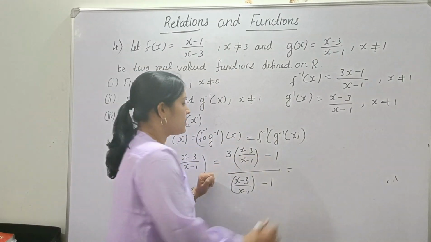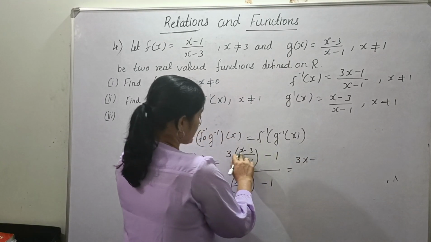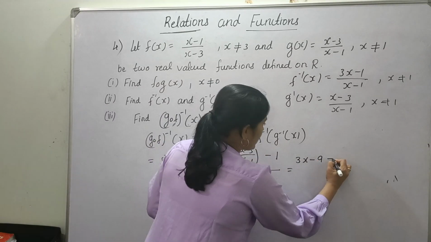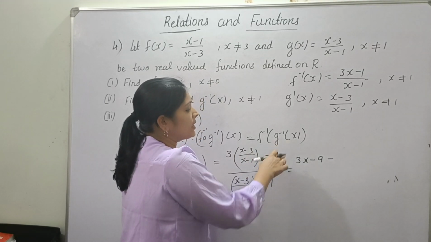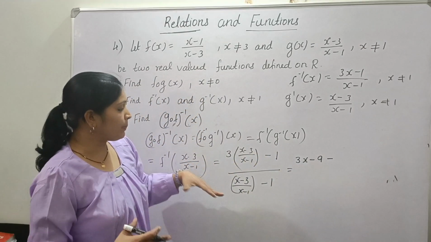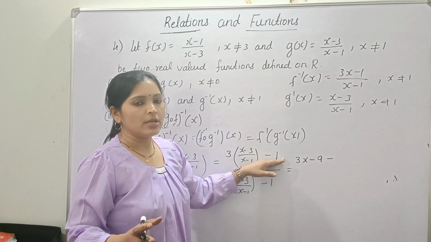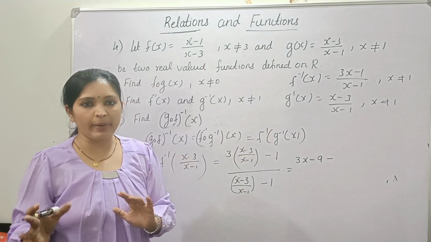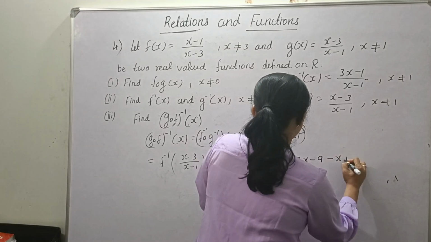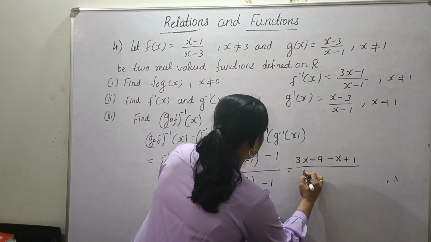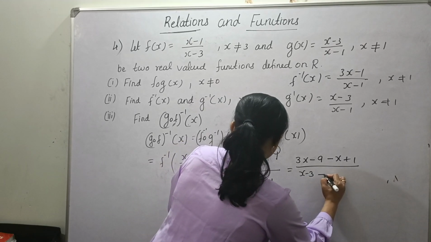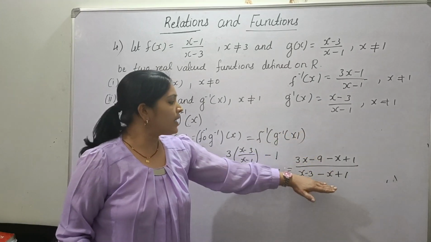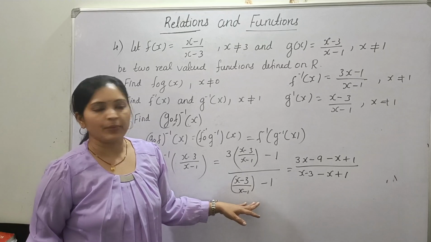Take the LCM. So 3x minus 3, into 3, that is 9, and here also multiply by minus 2 each term of the bracket. See, here when you multiply (x minus 1) into 1, you have to multiply minus 2 with each term inside the bracket, right? So that is minus x plus 1, divided by x minus 3 minus x plus 1. And here also, the denominator of the numerator and the denominator of the denominator, x minus 1, is cancelled. Okay, therefore